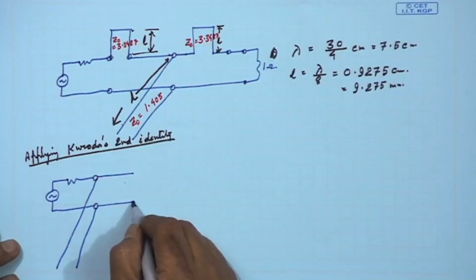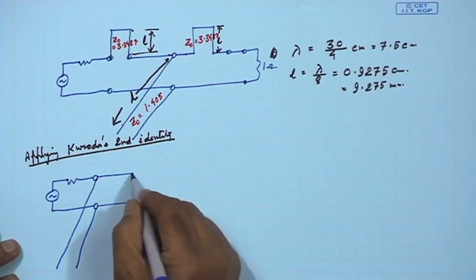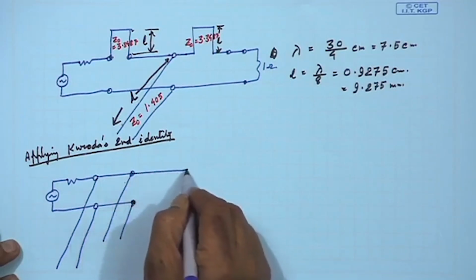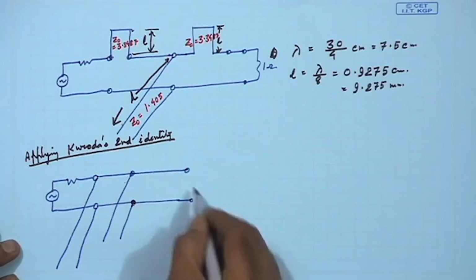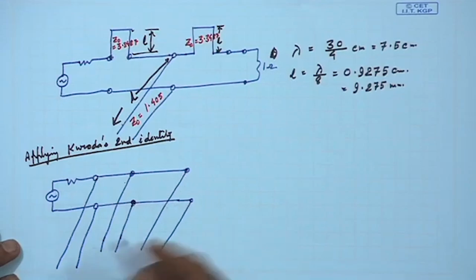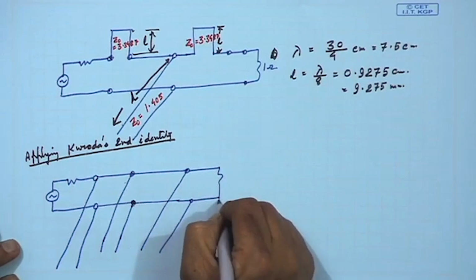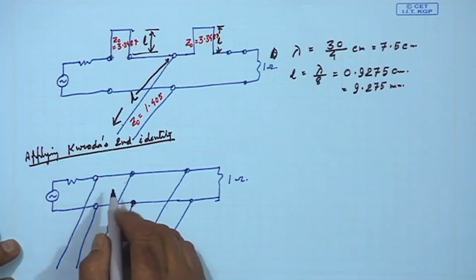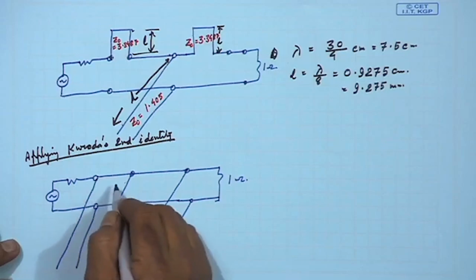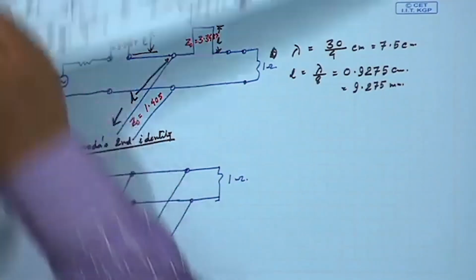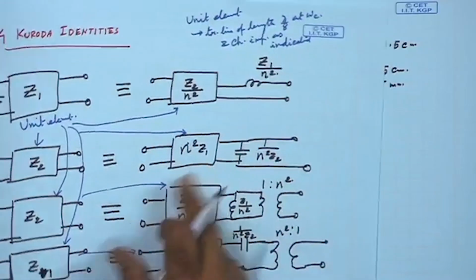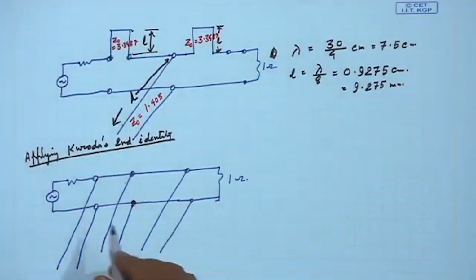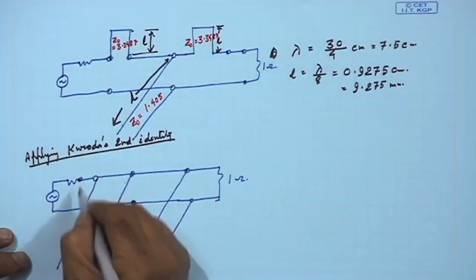So, what we have done is, because after the stub, if you see the second identity, you put a unit element and then your stub. So, that means, sorry, here actually